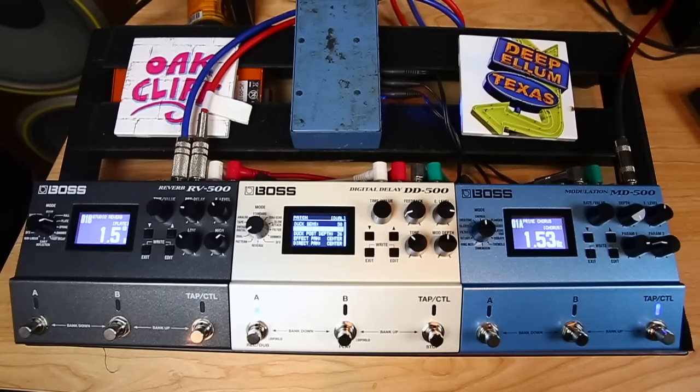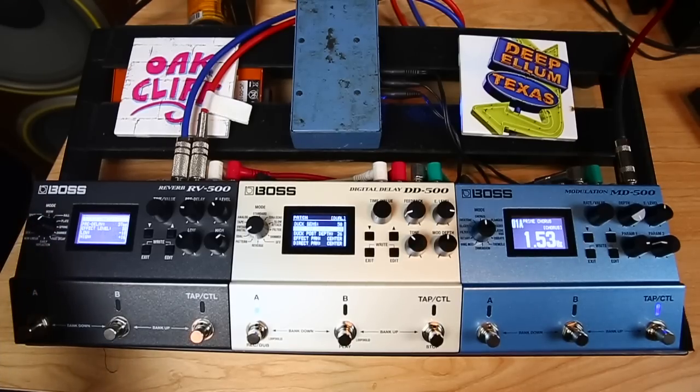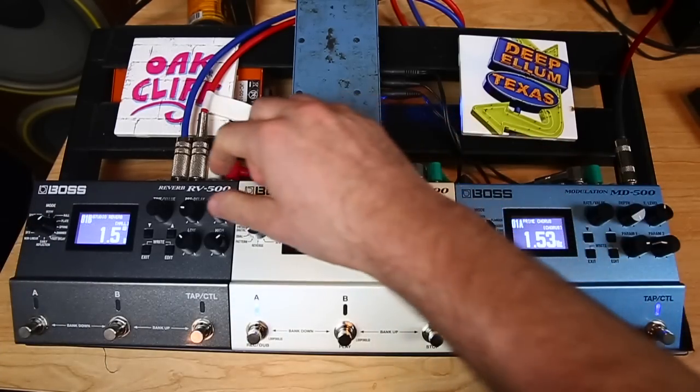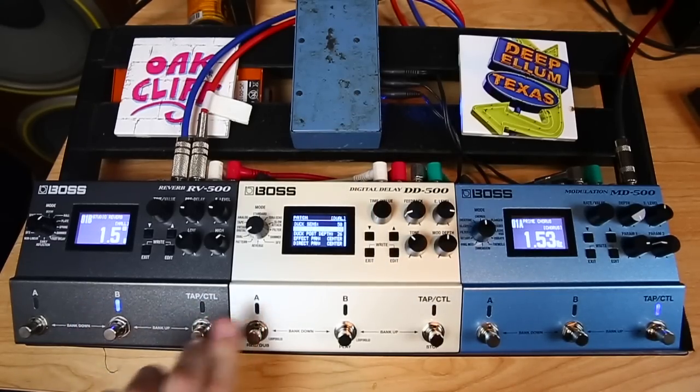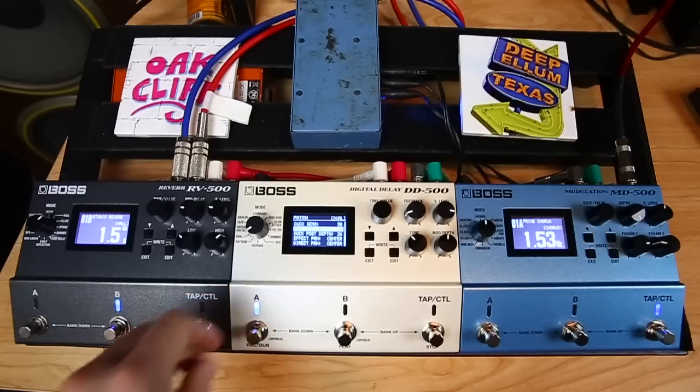What I want to add in now is a little bit of hall reverb just for some lushness. So we're going to keep the level quite low here. Let's have a listen to what happens when we turn the hall reverb on without the delay. With the delay,